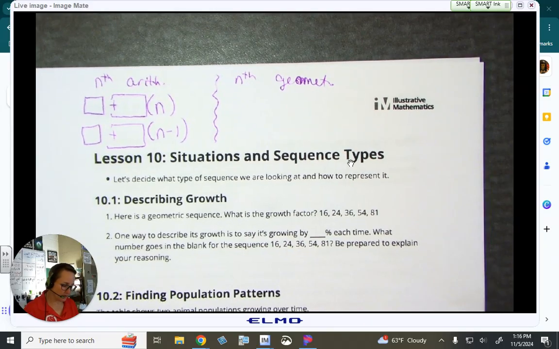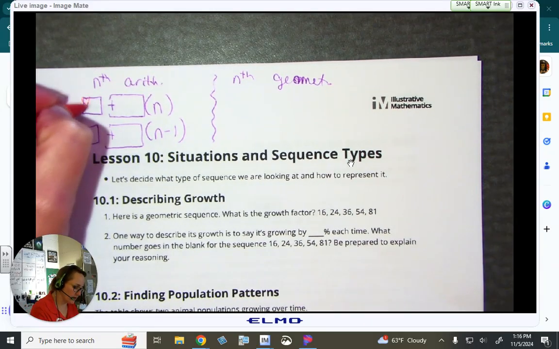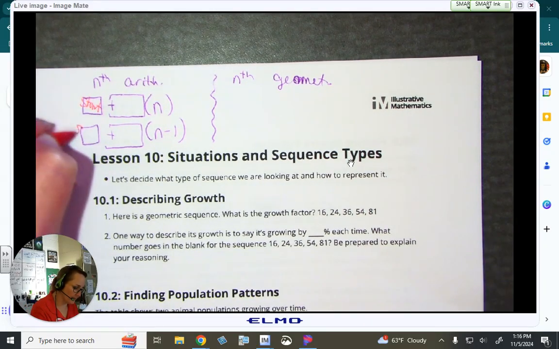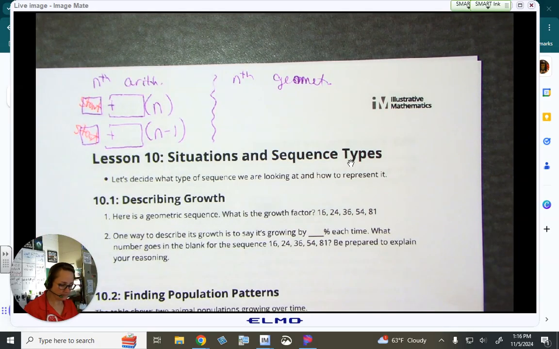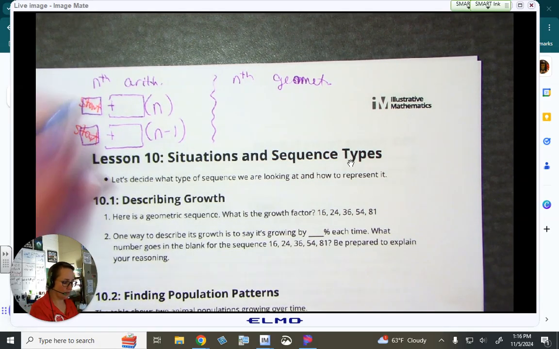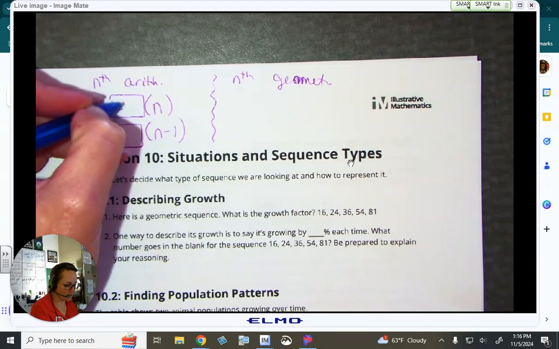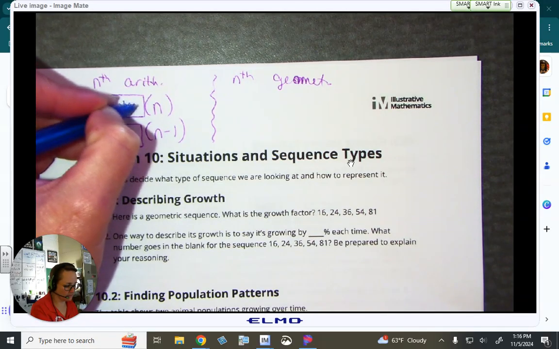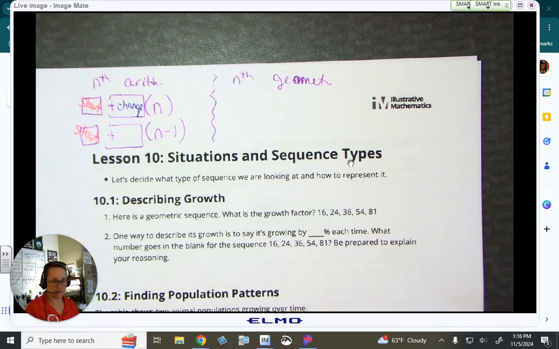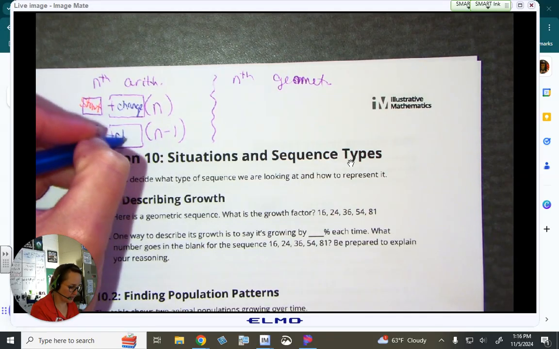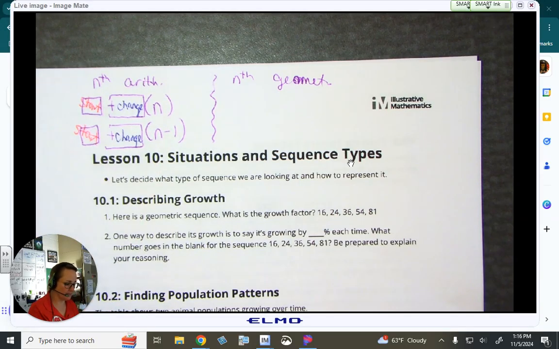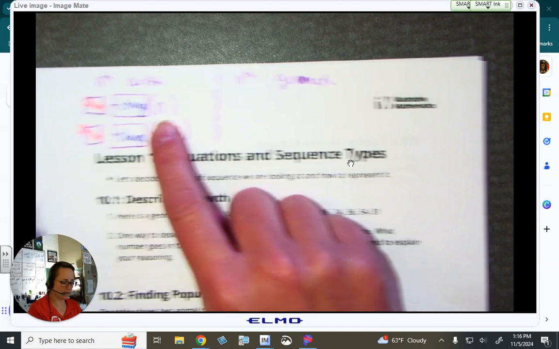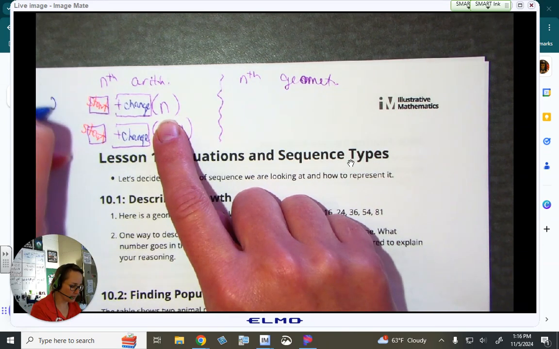Now, on each of those things, we have whatever is our starting amount, whatever is our first term. We have whatever is our change that's happening. This is a constant. So we're either adding something or we're subtracting something, the same thing every time. And we're going to use this format if we start with a 0 term. So if we start with the 0th term,